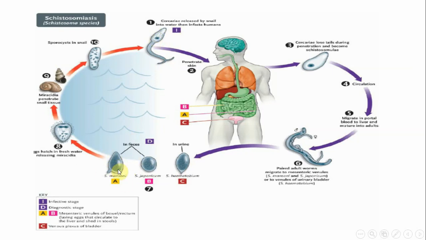Then these will be found in the water, and will hatch to produce a ciliated larva that we call the miracidia. This miracidia will be swimming in the water until it finds its specific intermediate host, which is, as we said, the fresh snail. It will penetrate the snail tissue and convert inside the snail to the other stage that we call